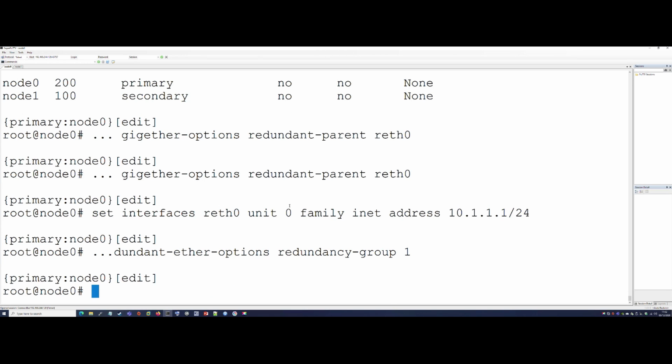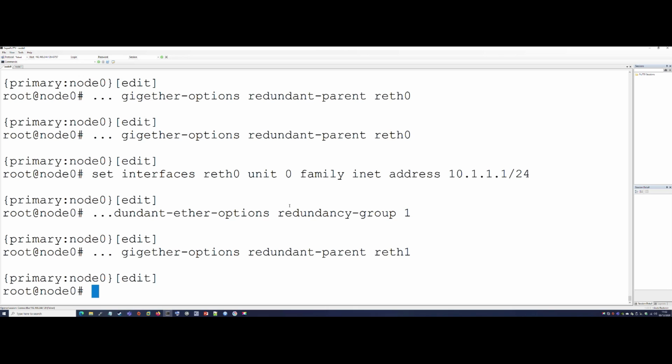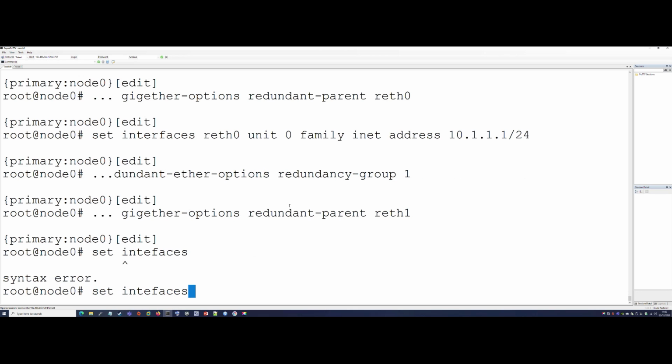Okay, now we're going to do the exact same procedure, but we need to create redundant Ethernet 1. Okay, so we set interfaces GE-006, the gig ether options, and the redundant parent is going to be reth1. And we're going to set interfaces, we've got to do the equivalent on the other side, interfaces GE-706, and the gig ether options for the redundant parent,